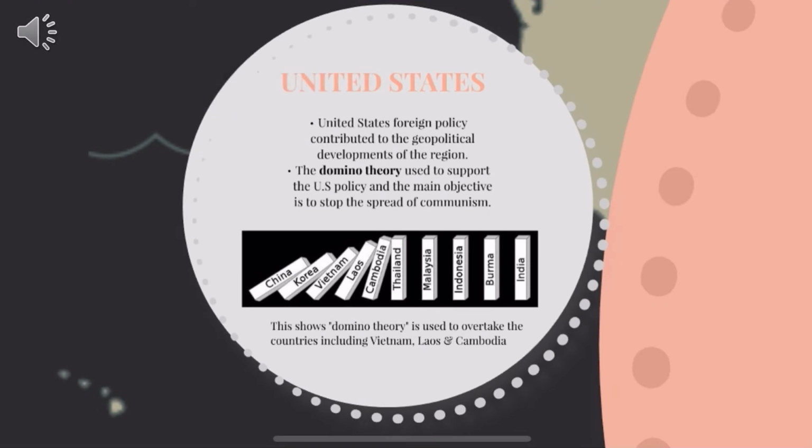United States. So what was the relationship of the United States with Southeast Asia? United States foreign policy contributed to the geopolitical developments of the region. The domino theory was used to support the US policy, and the main objective was to stop the spread of communism. In 1967, Indonesia, Malaysia, the Philippines, Singapore, and Thailand established the Association of Southeast Asian Nations (ASEAN) to combat this